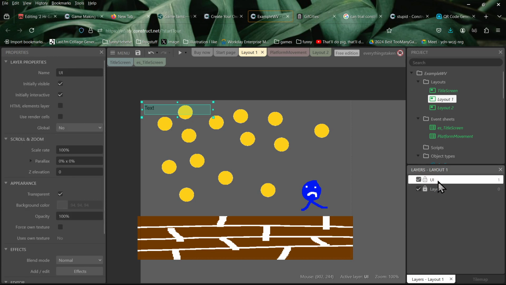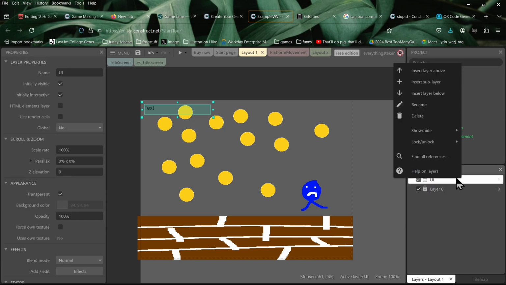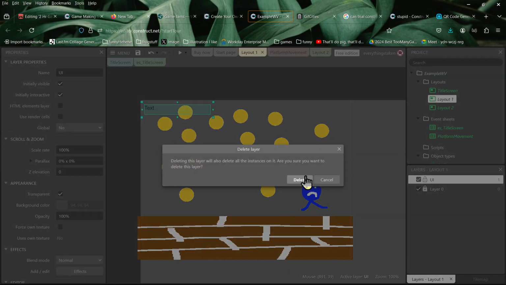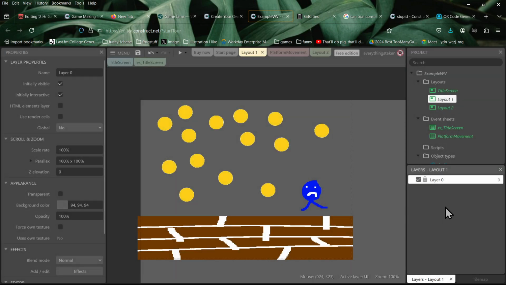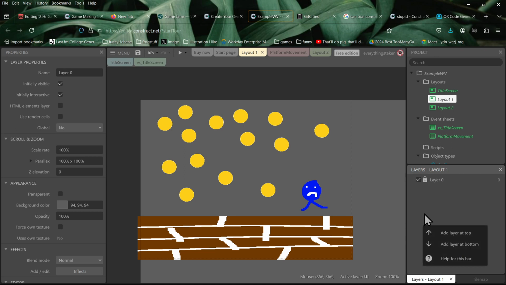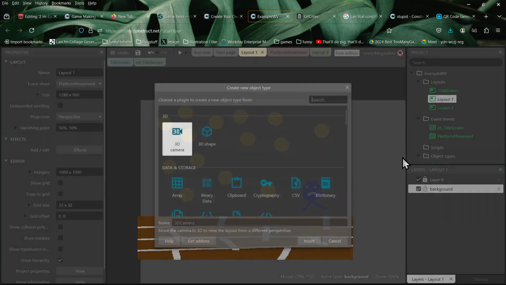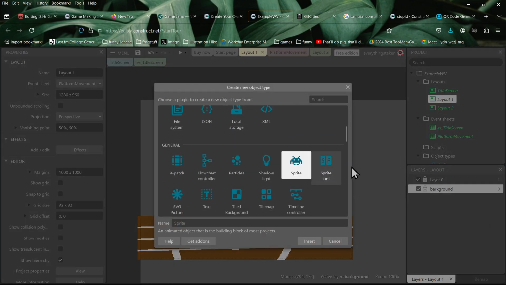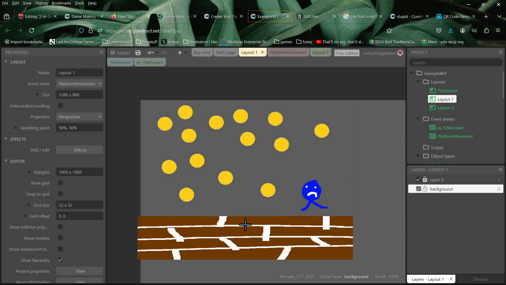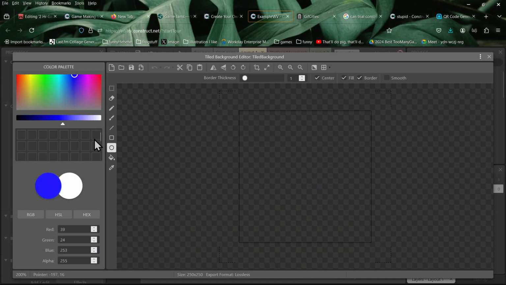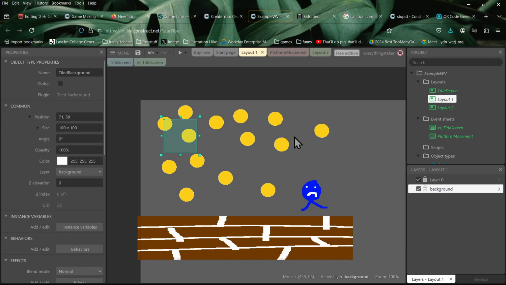Maybe what I'll do for that then, I'll just show something else as an example. Because this is the free trial version, I have to think, oh, do I want a UI layer or do I want parallax scrolling? And I think I love the parallax scrolling more than the UI layer. So I'm just going to do something really quick. I'm just going to get a tiled background. I'm just going to make some stuff like that.